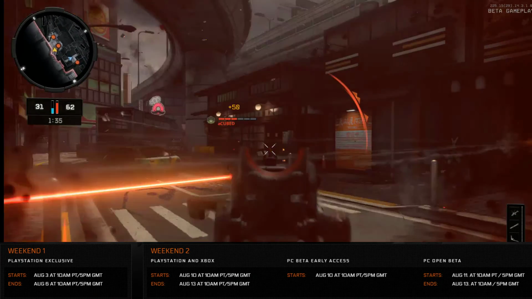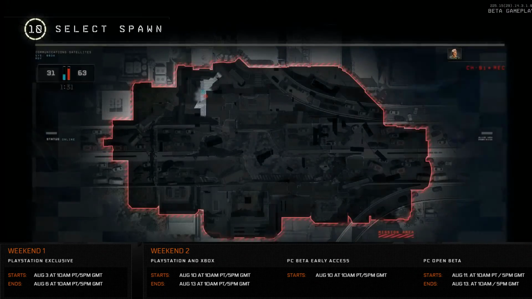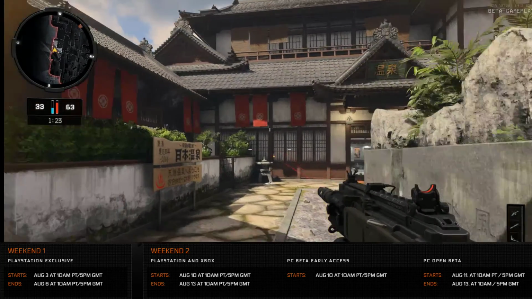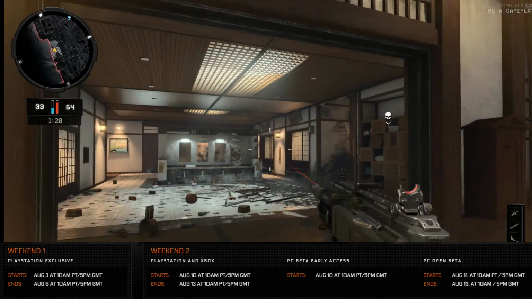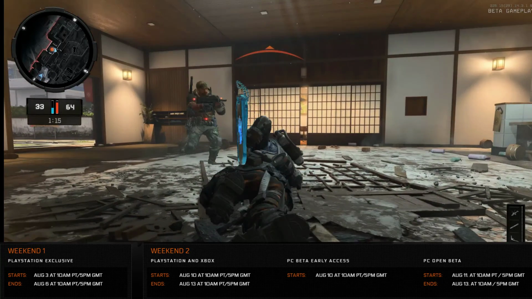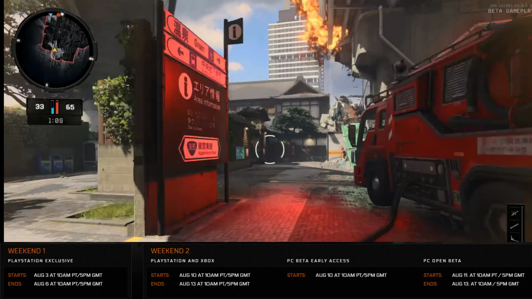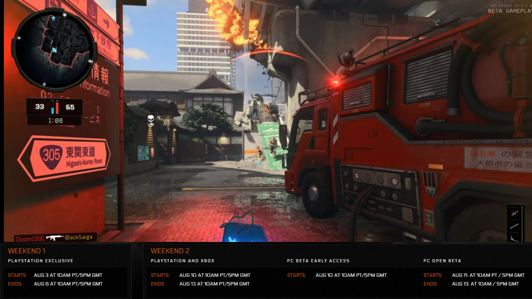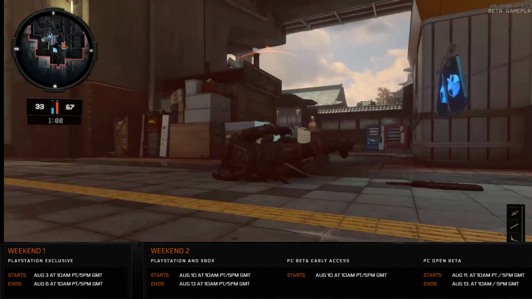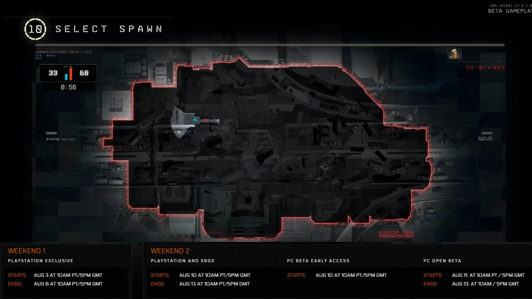Also, I have added the schedule for the PC open beta as well as the rest of the weekends for the PlayStation and Xbox and the PlayStation exclusive weekend. So if you are on PC, you have until the 13th of August to play this, and that would be today. So today is the last day. You get to play until 10 a.m. GMT. By the time this video is uploaded, the beta may be over, but it is still available to play if this video is uploaded before the cutoff. So here's the schedule. You get to check it out, and the game will be releasing, I believe, later this year,